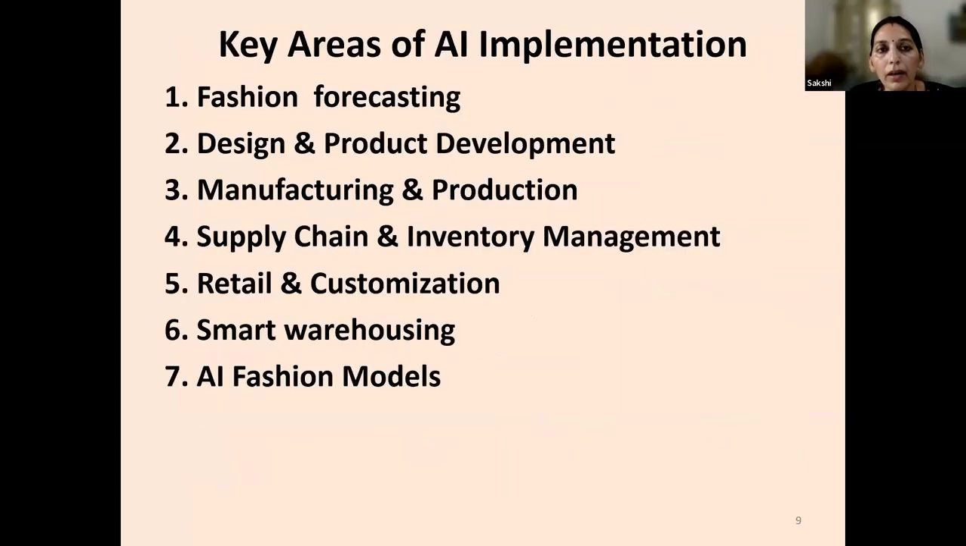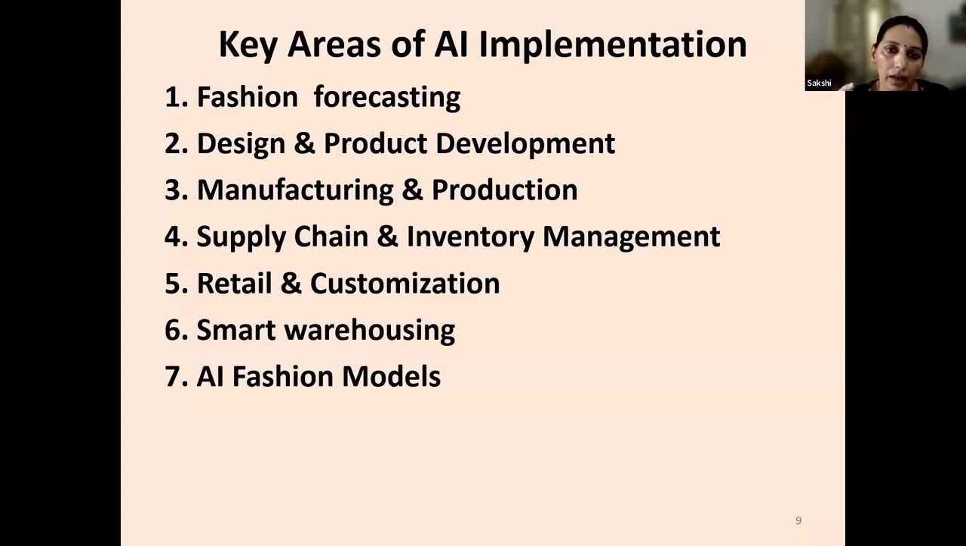Now we'll see the different areas where the AI is implemented in the apparel industry. So these are some of the sub areas. For example, it is used in fashion forecasting, in design and product development, and in manufacturing and production of garments. It is used in supply chain and inventory management, and retail and customization, and even in smart warehousing, because after